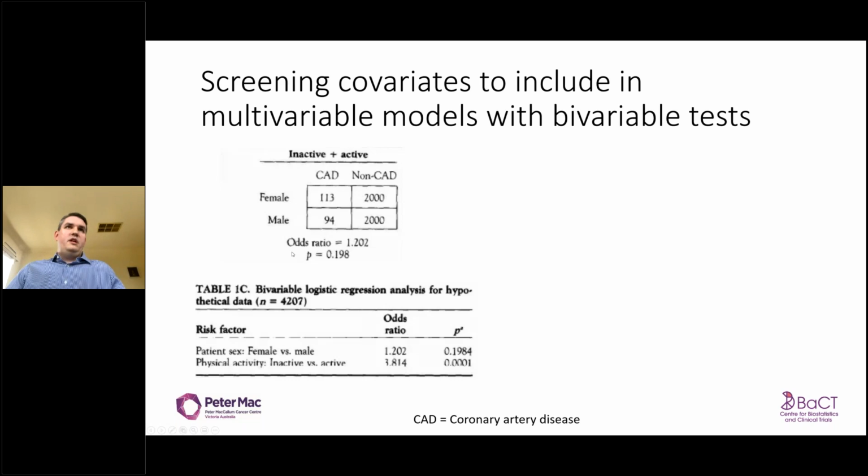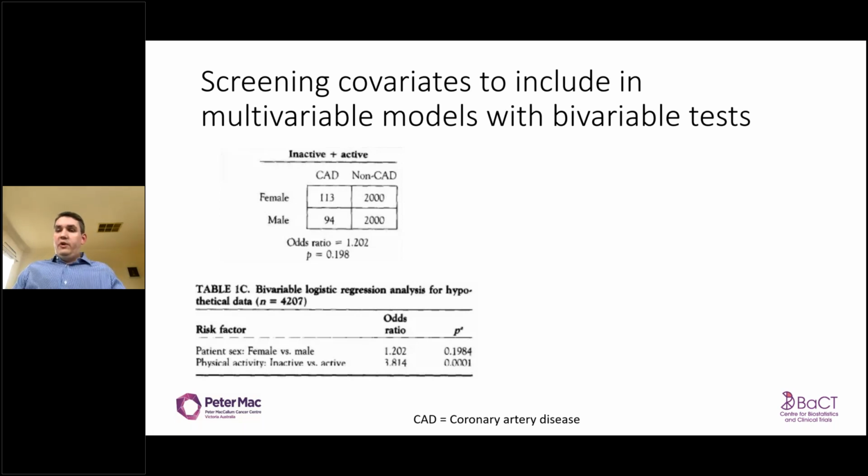And this is when we are looking at a logistic regression, looking at each variable added independently. With just sex as the independent variable in the model, we have this odds ratio and this p-value. If we have just physical activity in the model, then we have this odds ratio and this p-value. So if we use that rule of screening based on this, we'll select physical activity for the model, but not